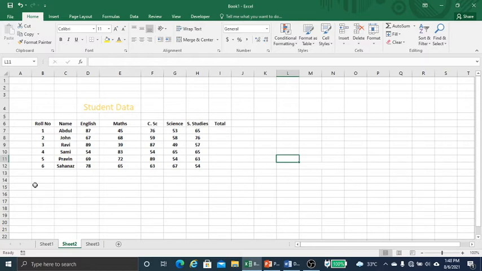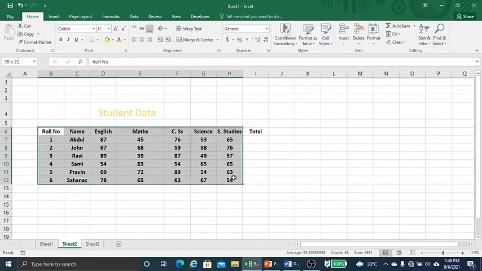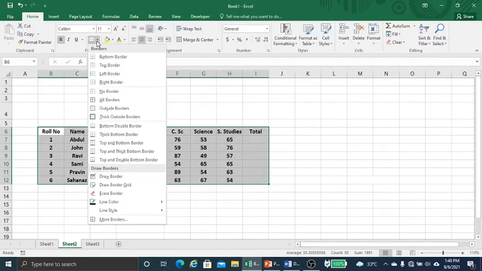So how to apply borders? First we are going to select this data, and then in the font group you can see borders.